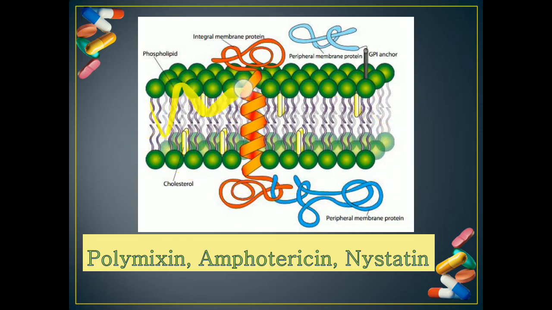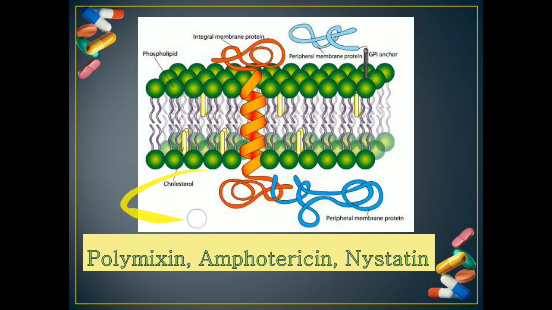So we can see here, this is the phospholipid. The green ball is the phosphate group, and the pin-like structure below is the long chain, that is the lipid part. Now these phospholipids are arranged in a bilayer and inserted with several proteins. We have transmembrane proteins stretching across the membrane, proteins present on the periphery, and proteins present on the inside. We also have one type of lipid, the sterols or steroids. Now in fungal cell membranes, the sterol is usually ergosterol, but in other cell membranes, the sterol is cholesterol.